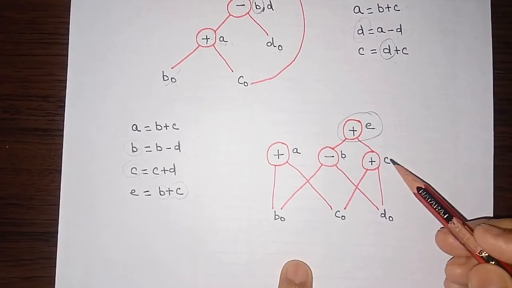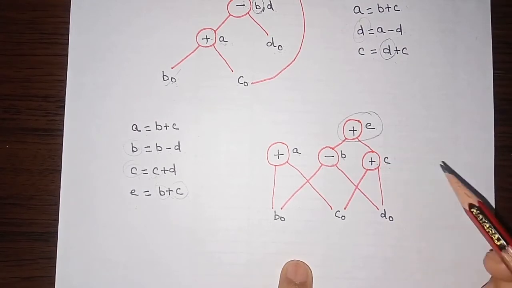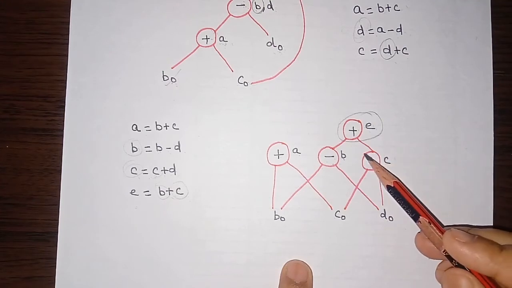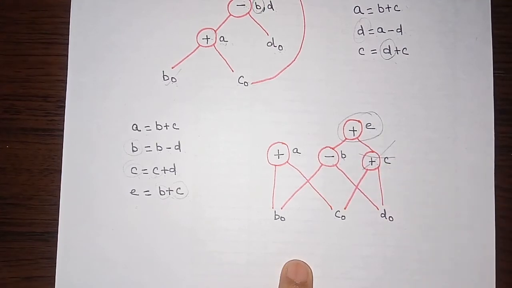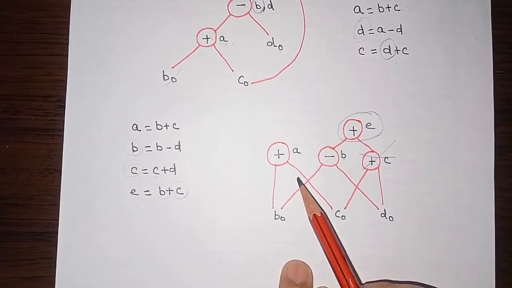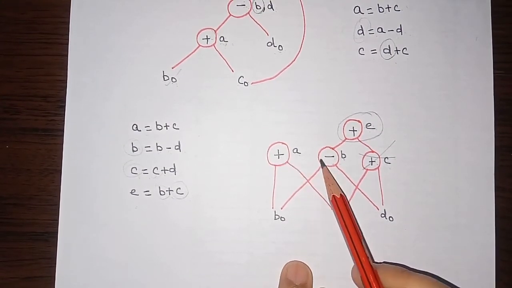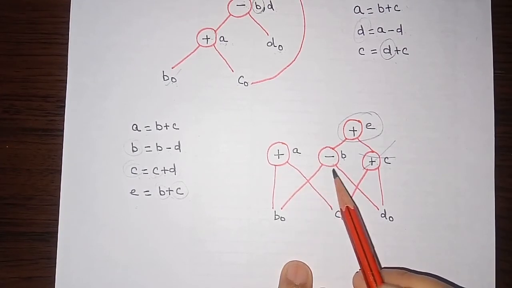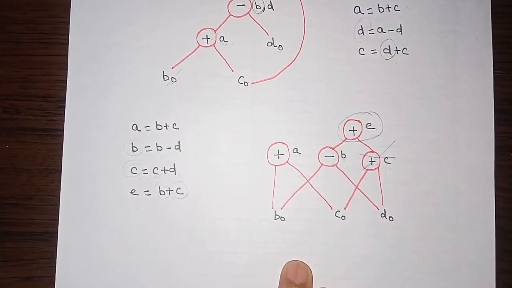Now again, we know that C is not actually live. So when C is not live, and if it is the root node, then we can eliminate this C node as well. That is, we can remove this root node C as well, so that this code will also get eliminated. Finally, the roots, that is A and B, remain the same, because these variables are attached with the live variables.